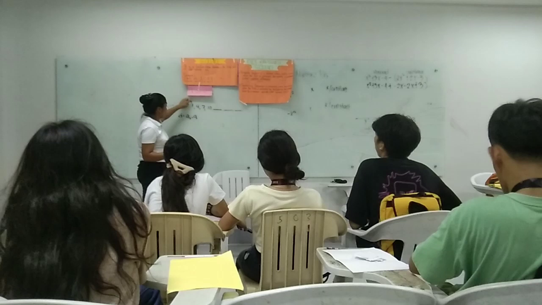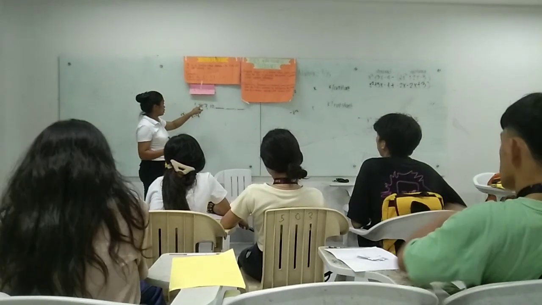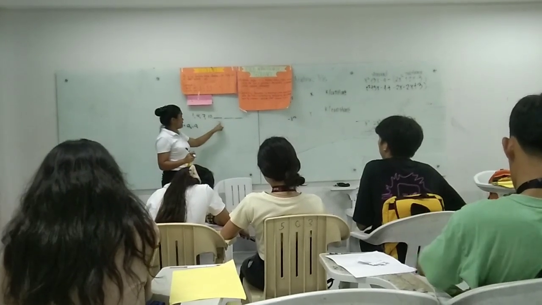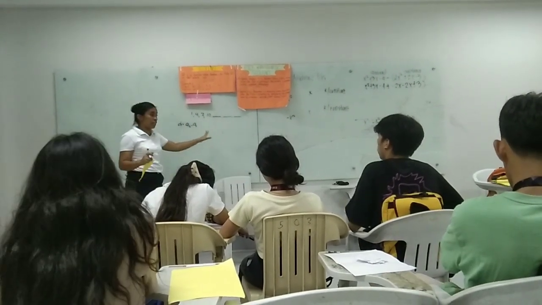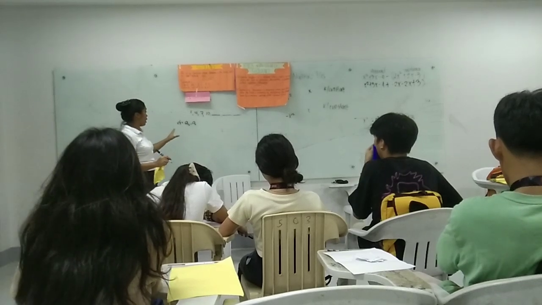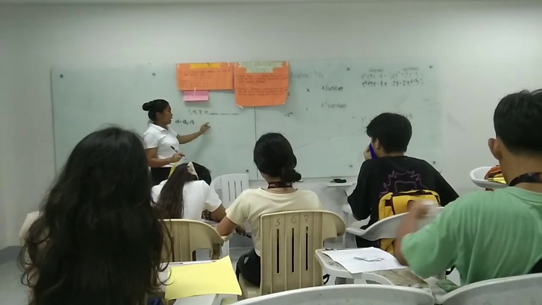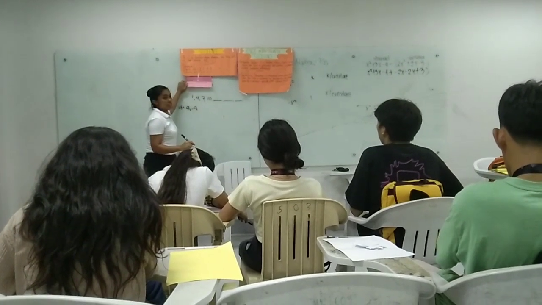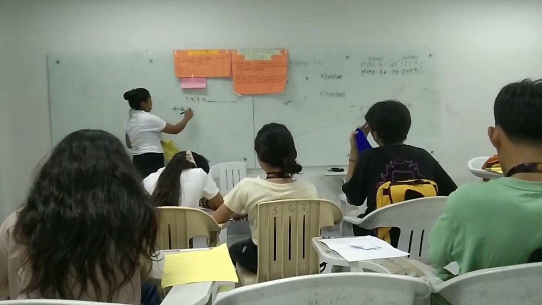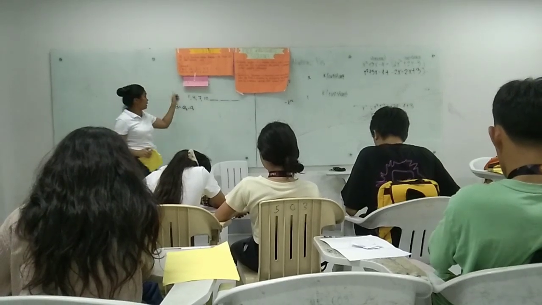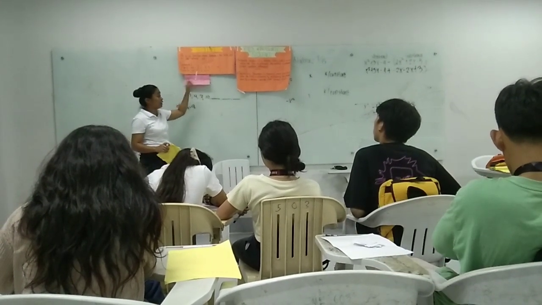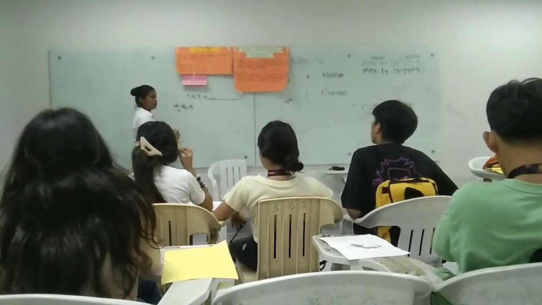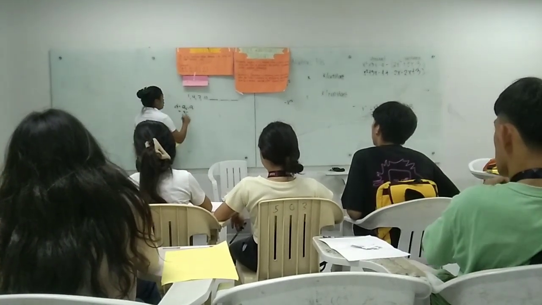So this one is called the first term. This is the second term. This is the third term and the fourth term. So the fifth, the sixth, and the seventh term here is missing. So we will have to solve for the next term by using this formula. So since our common difference here is unknown, we will have to solve by using this. So what is the second term? 4. Correct.